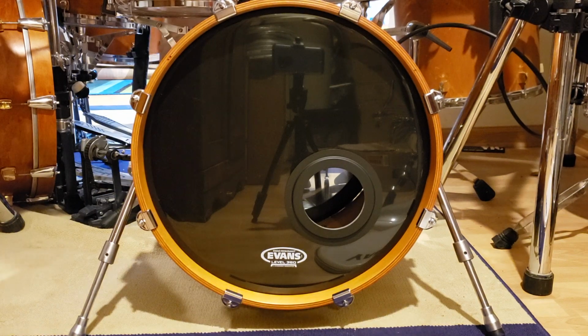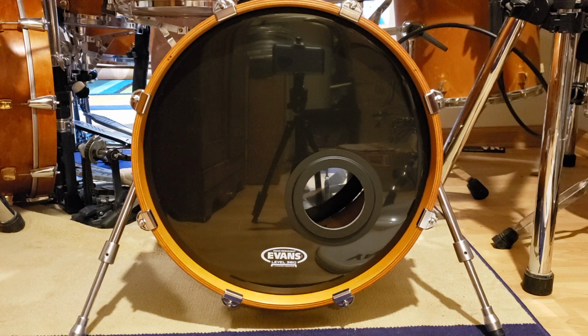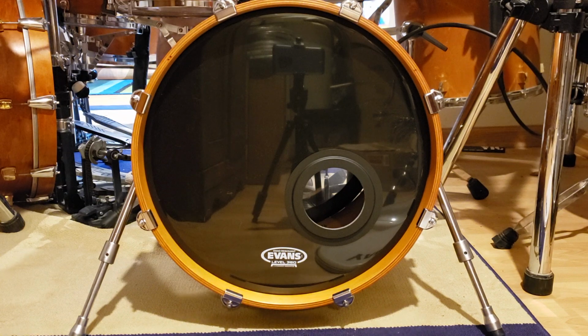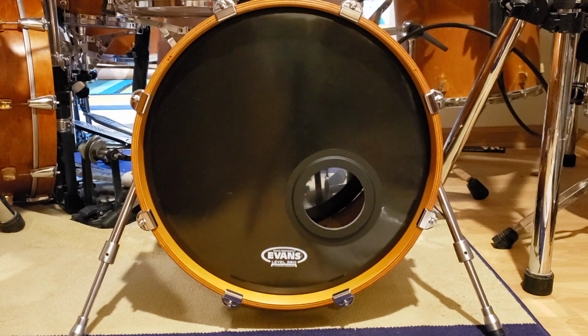So here it is with no dampening inside. It's just the EMAD front Reso and the EMAD batter. It is a lot better than the factory head. In my opinion, I like that tone a lot better. So,